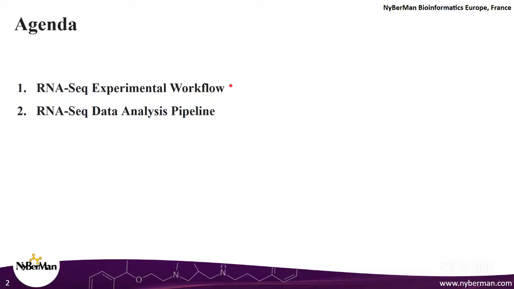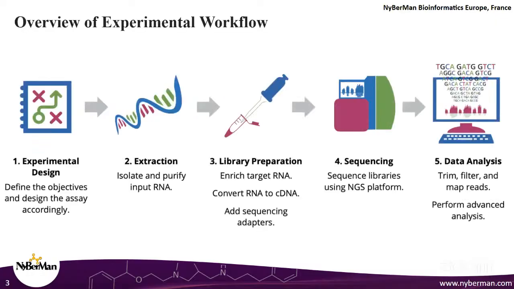Okay, so moving ahead, a very quick brief overview of the experimental workflow, right? We always begin with the first point, which is the experimental design, where we basically define the objectives and design our assays accordingly. Anybody who has worked in a biotechnology lab or worked in wet lab in general would be knowing what an experimental design is, right? The second step is extraction, where we isolate the RNA from the sample and purify the RNA before we even send it to the sequencing lab